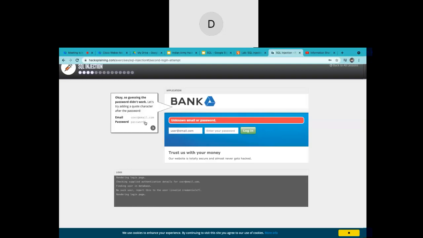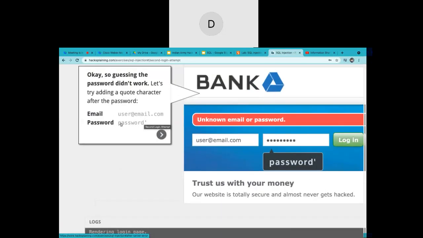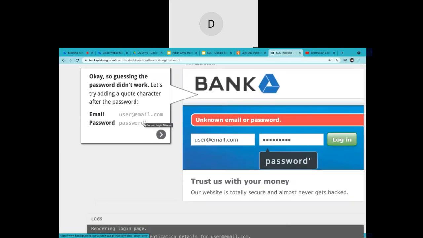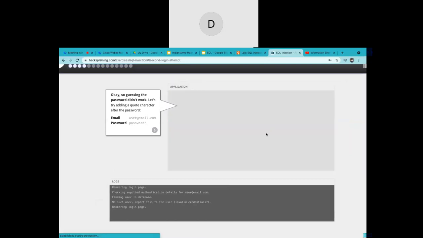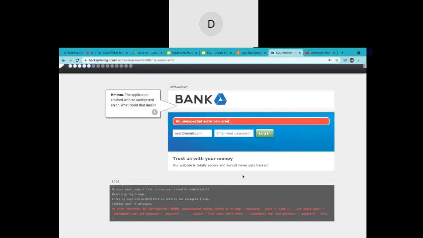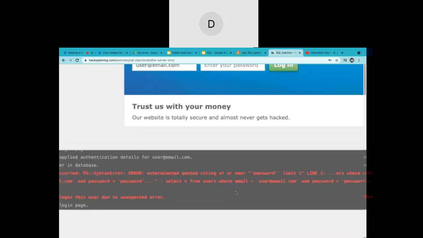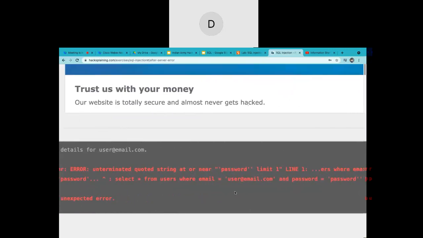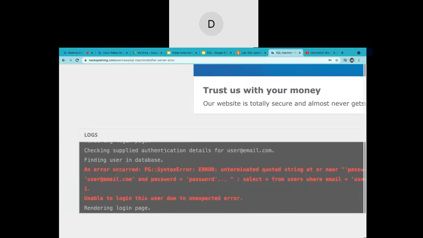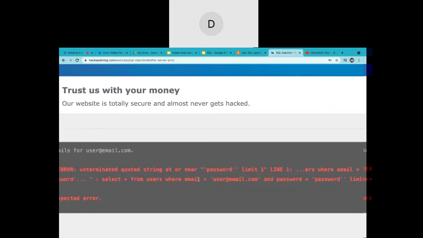Now it's saying that please write password with a single quote. So I'm doing the very same thing. You can see the password and the one single quote that I'm adding. Now I try to log in to the application. Oops, again the error. But what you can notice here is that it's saying that something bad has happened. That means some syntax error has occurred. This is the reason the query is not being executed.